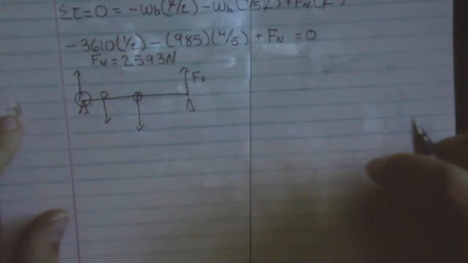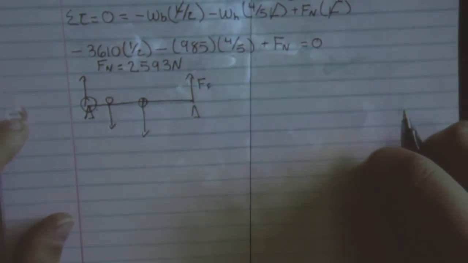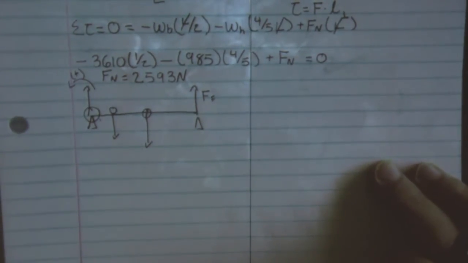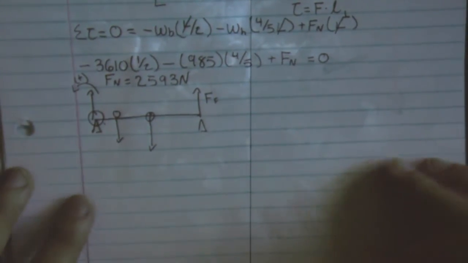So instead of defining our pivot point here, where we can't get this force, let's instead define it over here. This will be our new pivot point. This time I'm going to say this way is positive, again, kind of arbitrarily. So this is force near, this is the weight of the hiker, this is the weight of the bridge, that's force phi. So if we sum our torques again,